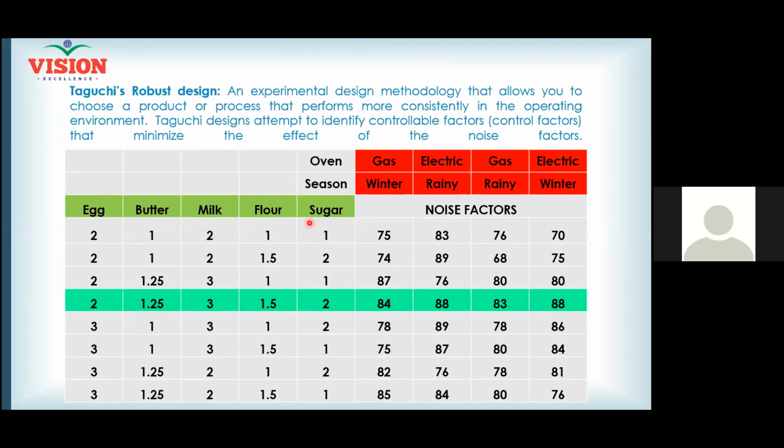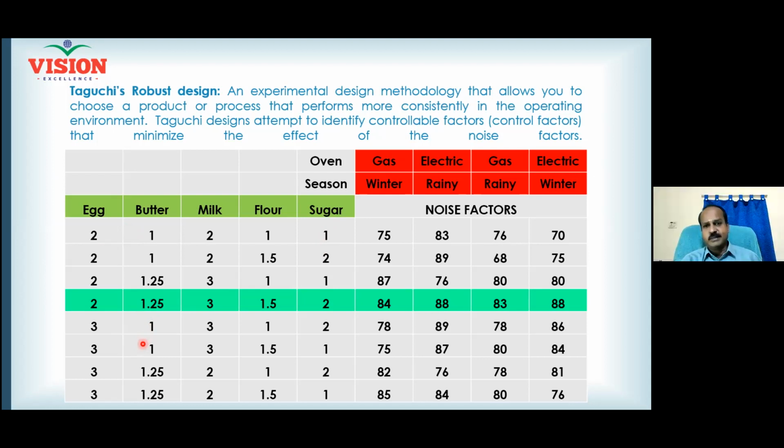So now coming to the same cake example. Actually, here there are 4 factors, and for each factor there are 2 levels according to our discussion. So the total number of runs will be 2 power 4. How many? It will be 16. Am I right? But I have only 8 here, because I really need not do all the runs. That means it is a kind of noise effect minimization.